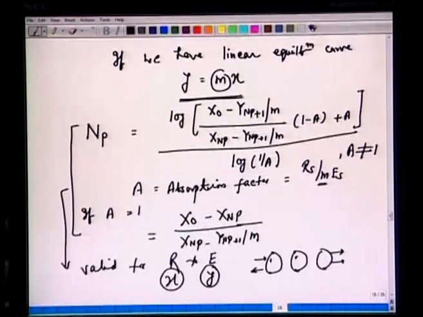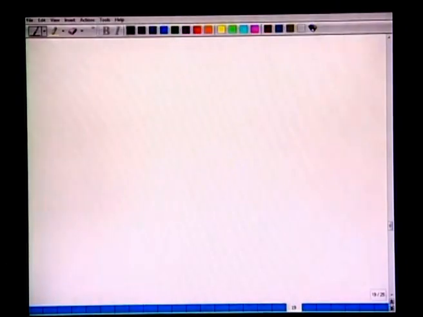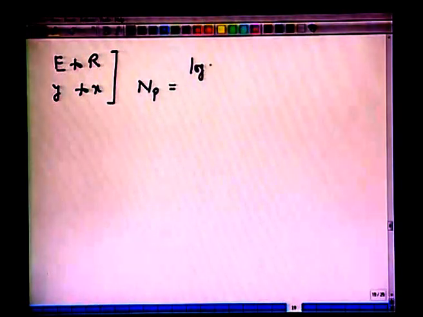Okay. So, for stays NP, we should be able to obtain. Similarly, if we have transfer from E to R phase, we get slightly different expressions. So, if E to R or Y to X, then we have slightly different expressions for NP log